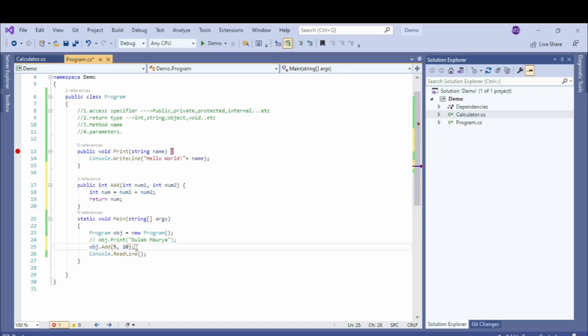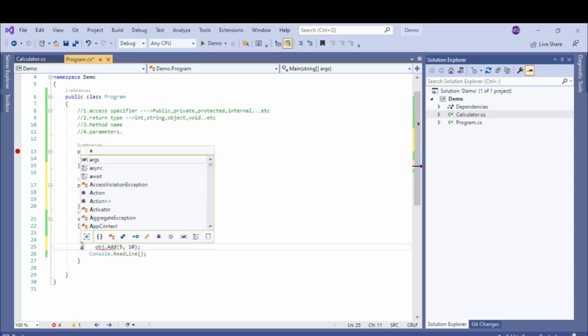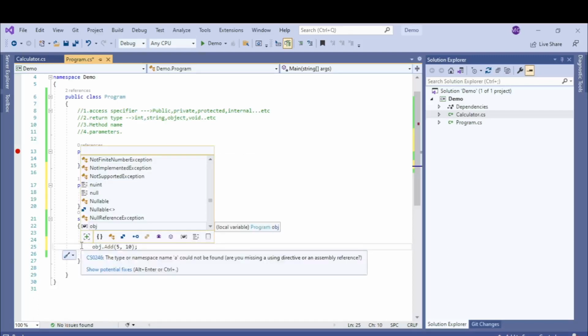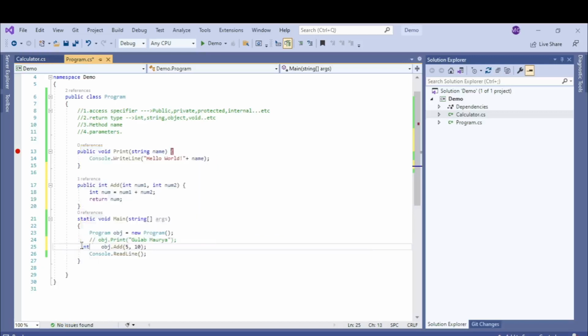Now this method is executed and will return the addition, hence I can write int result equal to this. I need to put this data somewhere, so int result; you can give any name over there.